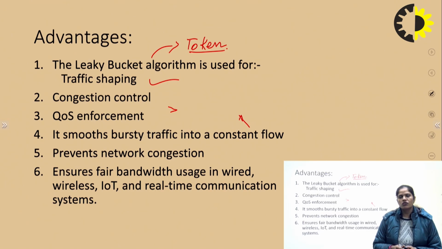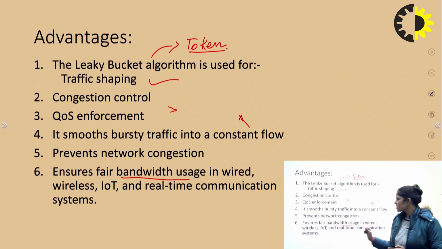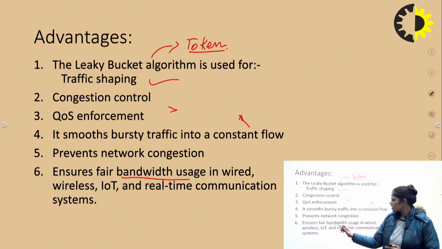If I am talking about quality of service, so in the quality of service of a network, we consider performance, bandwidth, delays, latency, throughput. So basically all this is achieved by using the leaky bucket approach, and it provides smooth transmission in the case of bursty traffic by converting it into a constant flow of data, right? And next, it provides prevention from network congestion, and it ensures fair bandwidth allocation, or you can say fair bandwidth use by the